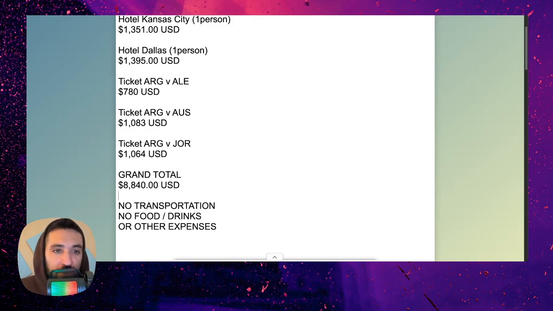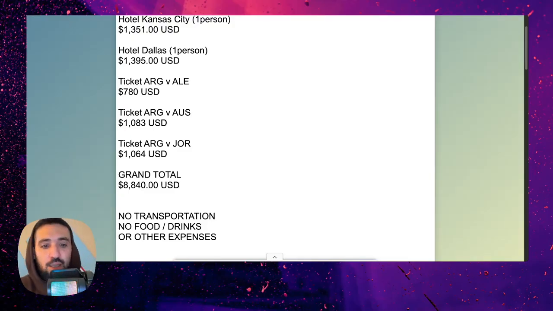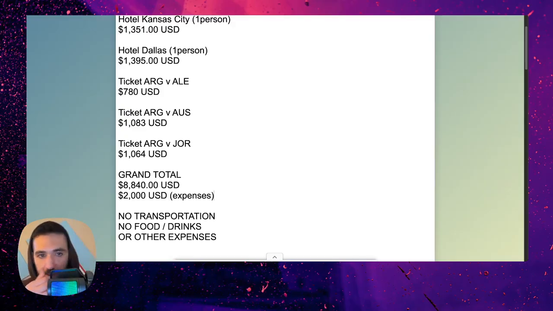So we're looking at almost $9,000. And if we do want to add expenses, let's add, I would say, another $2,000 for expenses, just to get an eyeball of what you're going to be spending for transportation, food, and other things.